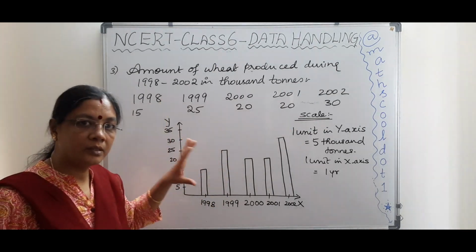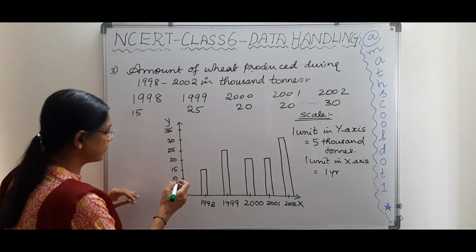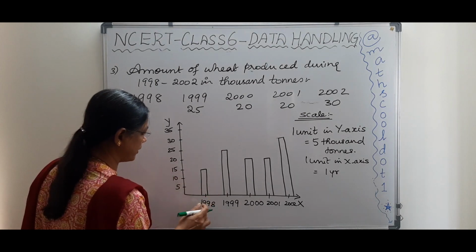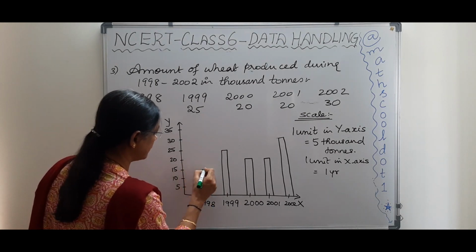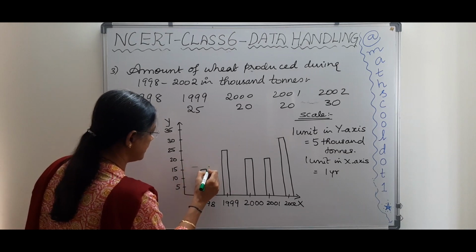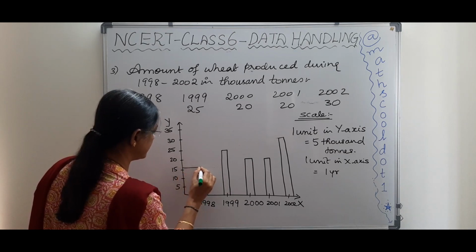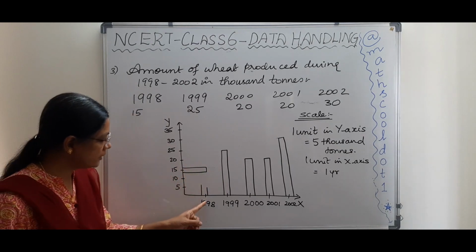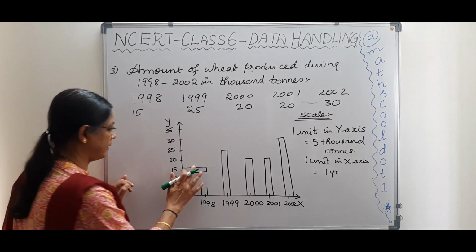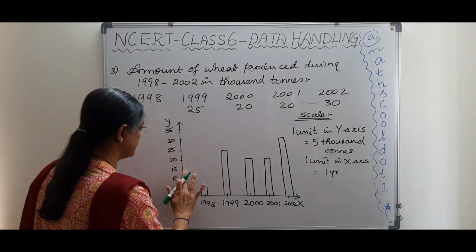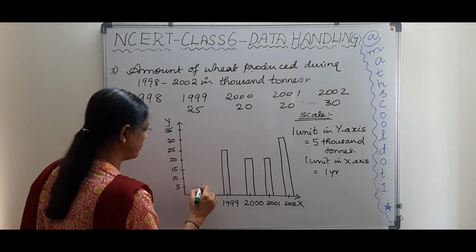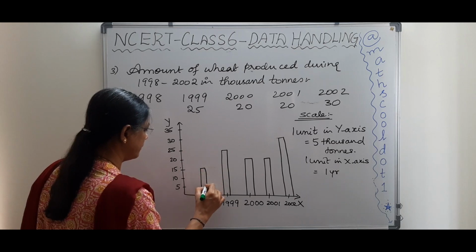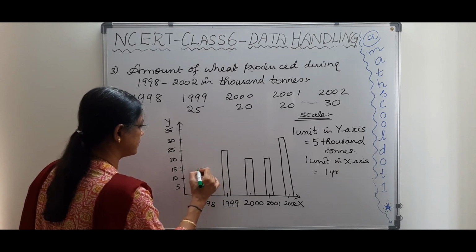Or keeping this as such, we can draw graphs to see 15 for 1998. If it is 15, I can draw it like this too. I can draw graphs just for you to understand. I'll draw it like this. So if I draw like this, it means 15,000 tons during 1998. Now that I have drawn fully vertically, I'll continue with this.